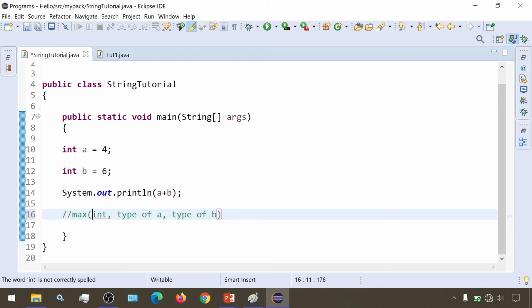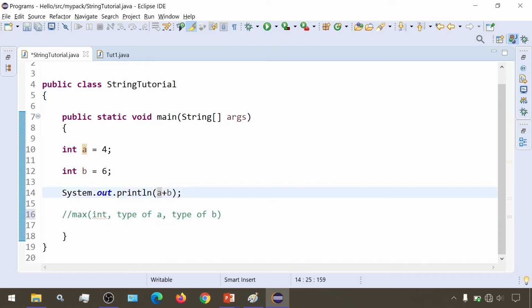Int is 32 bits, then it will consider the data type of A, and it will also consider the data type of B, and it will take the max among these. So what does max mean? The biggest, in terms of memory consumption. The memory occupation of int is 32, and the variable A is also of type int, so this will also be 32, and the type of B is also int. So max amongst int, int and int will obviously be int. So this will be of type int.